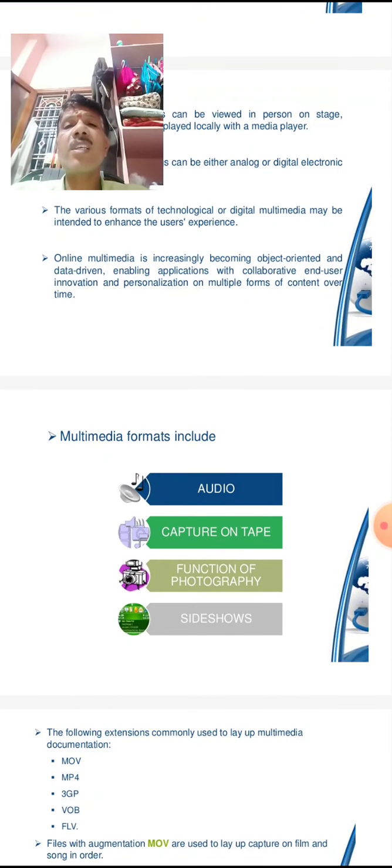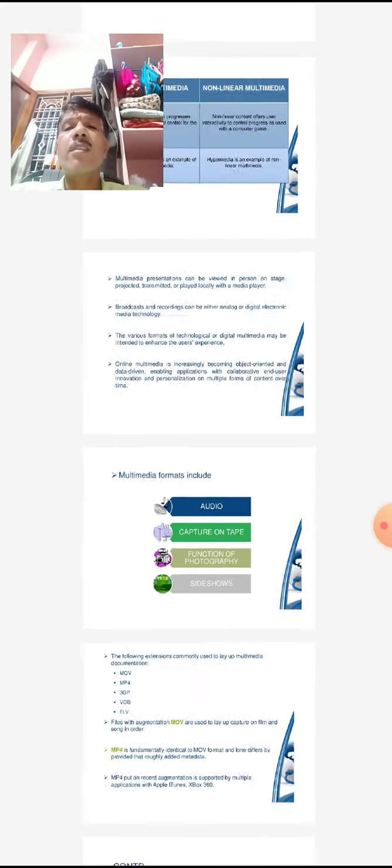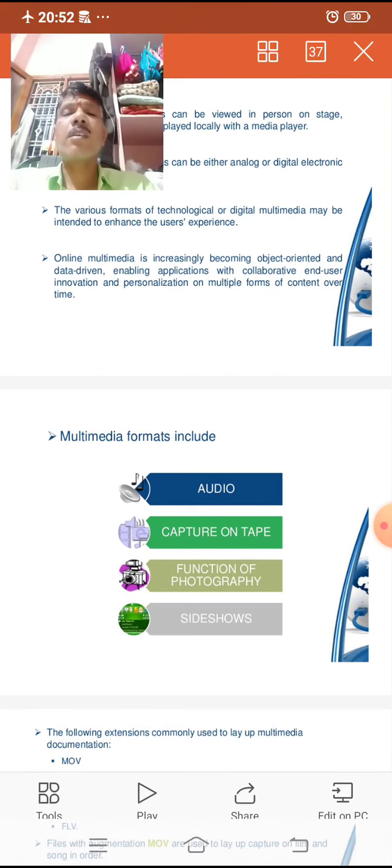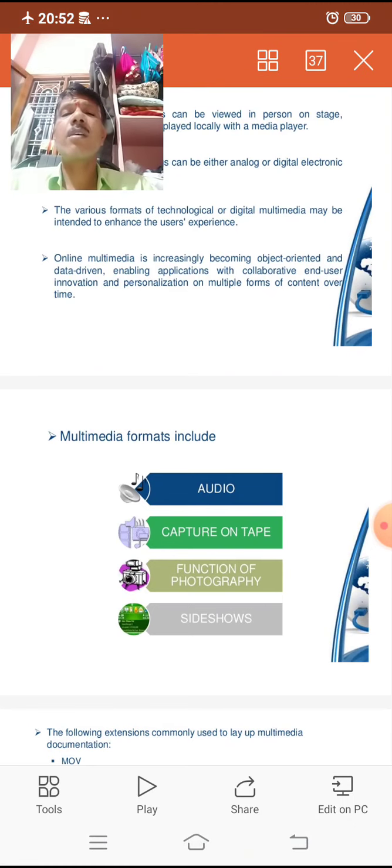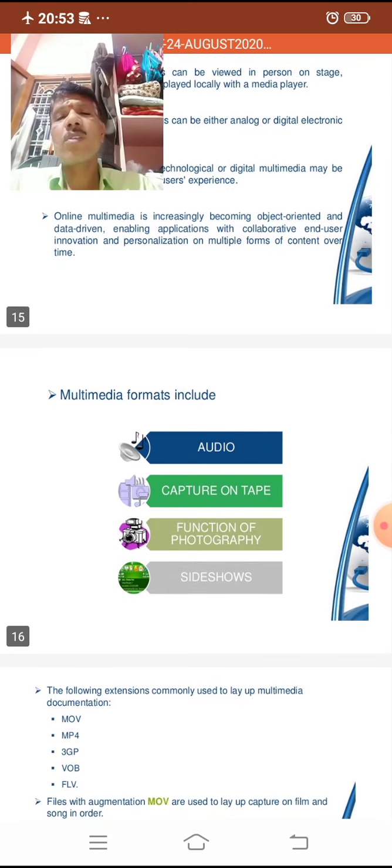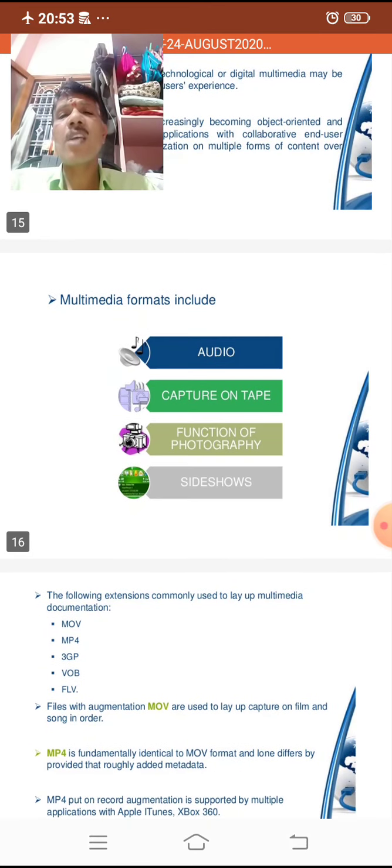In most cases, all these formats are used in various presentations, for entertainment purposes, movies or games. So in this way the multimedia is helpful.